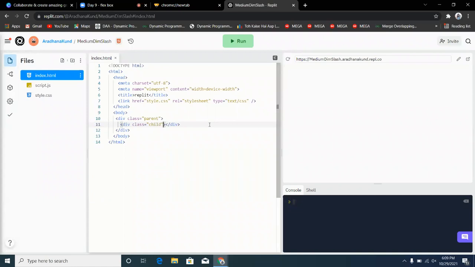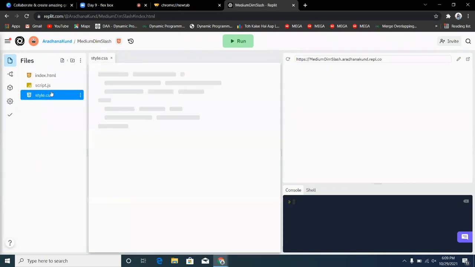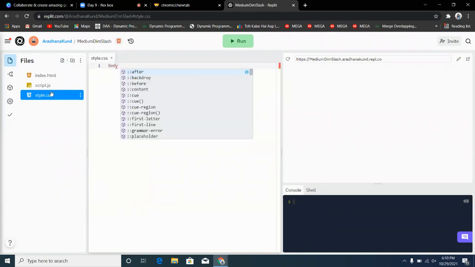This is done. Then let us give some random CSS to our parent, so that we can notice what happens to our changes with flex. Let us give a certain color to our body. Let us go to Color Hunt.